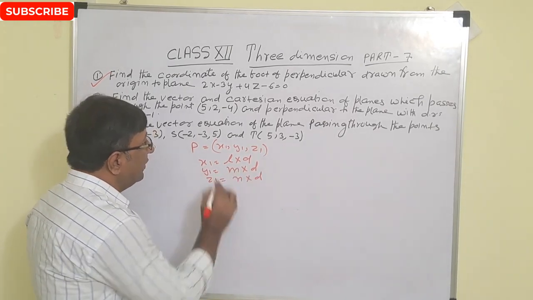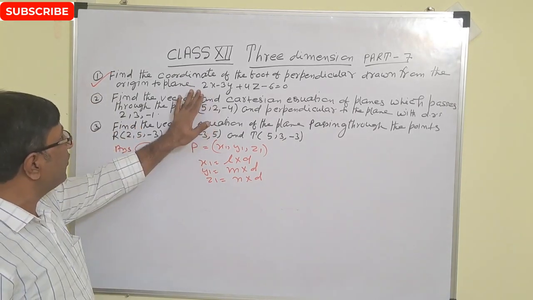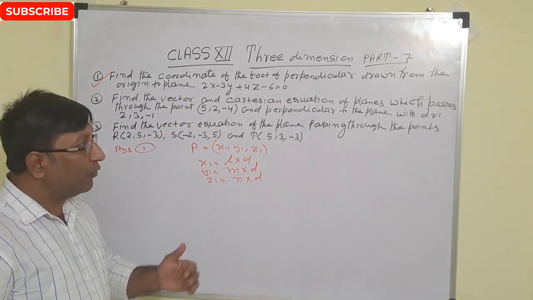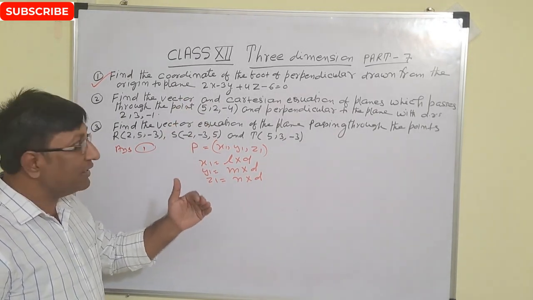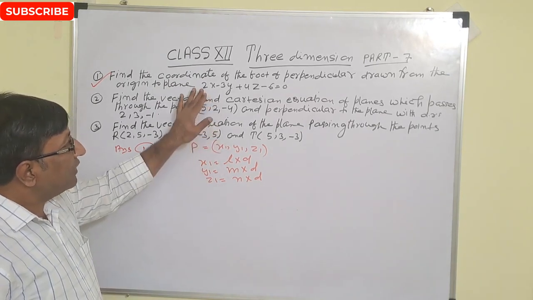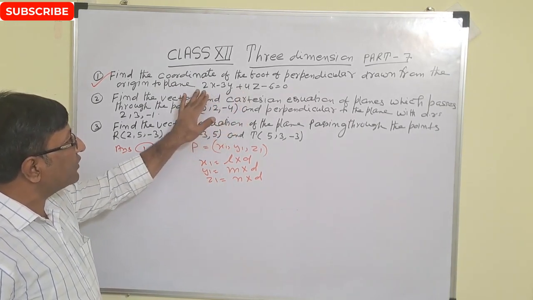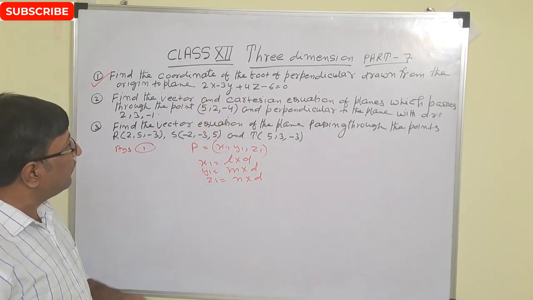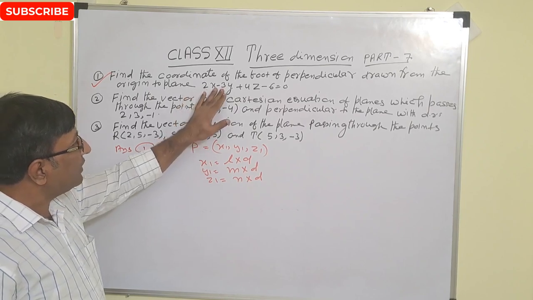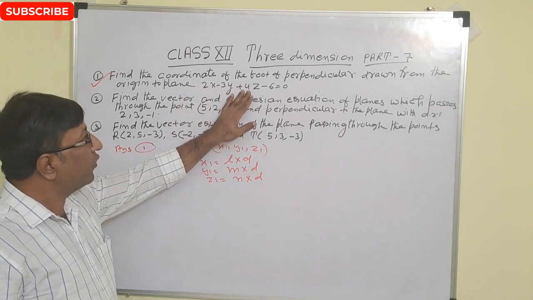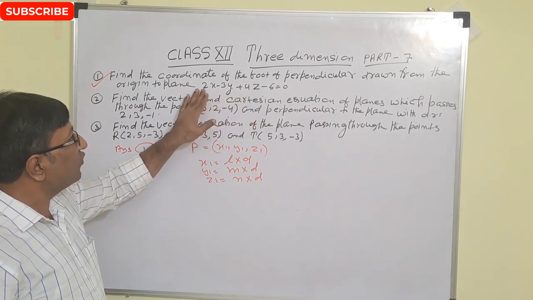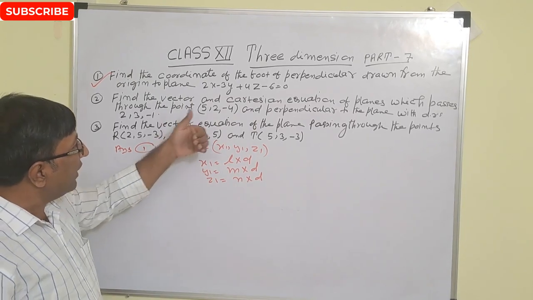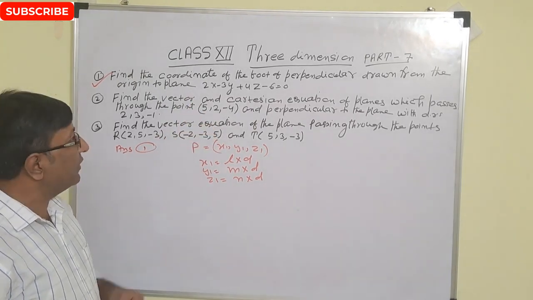First, change the given equation of the plane into the Cartesian form of the equation of the plane. You know, Lx plus My plus Nz equal to D. For this, what do we do? Take the square of the coefficients of x, y and z, and take the root. So we get 2 square plus 3 square plus 4 square. 4 square is 16, 2 square is 4, that is 20, and 3 square is 9. That is 29. So we will divide every term on both sides by root under 29.